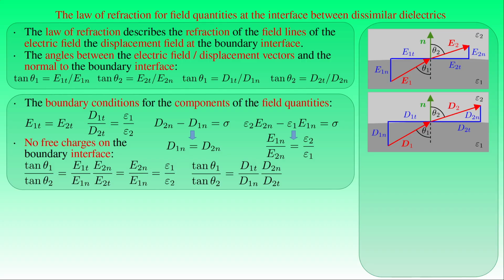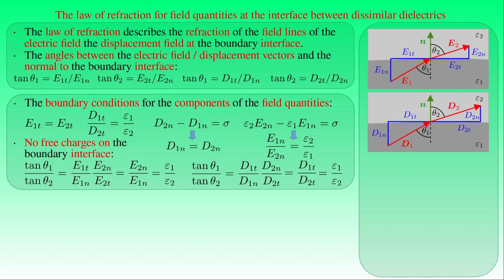We will obtain the same result for the displacement fields, if we express tangent θ1 over tangent θ2 as the ratio of the tangential component of the displacement vector D1 to its normal component, times the ratio of the normal component of the displacement vector D2 to its tangential component. Now we can use the third boundary condition on the right-hand side of the equation, which gives the ratio between the tangential components of the displacement vectors D1 and D2. Then we apply the second boundary condition and obtain epsilon1 over epsilon2,